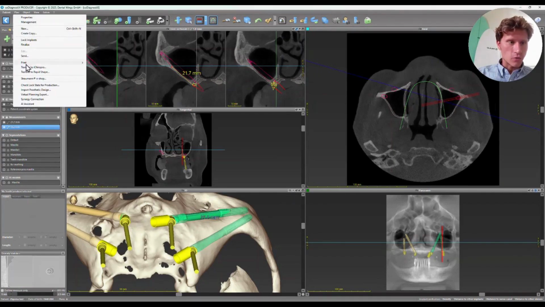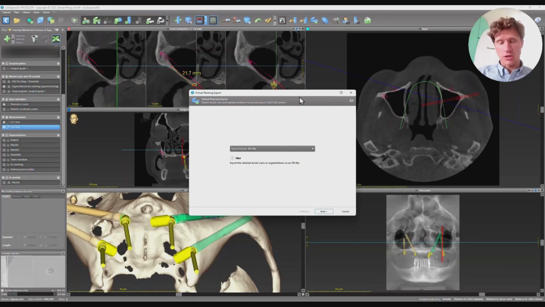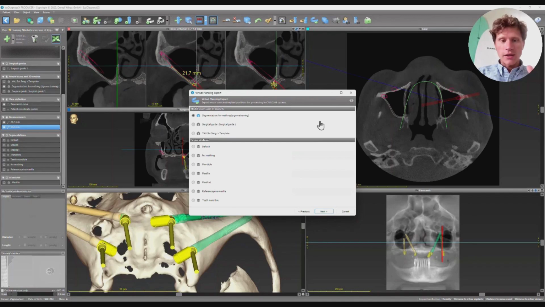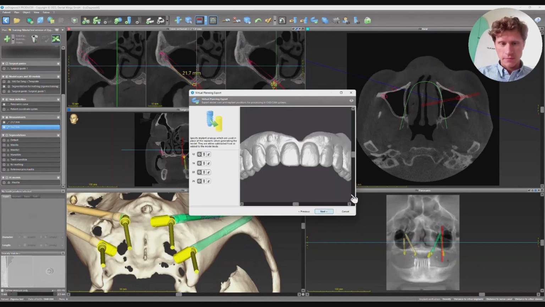I need to go to the plan and virtual planning export, or I like to use this icon because this is a shortcut to virtual planning export. Then I select STL file, I go next, and I need to select insert implant analogs. Here I need to select any STL file, doesn't matter which one. For example, I will select my template. Then I go next,